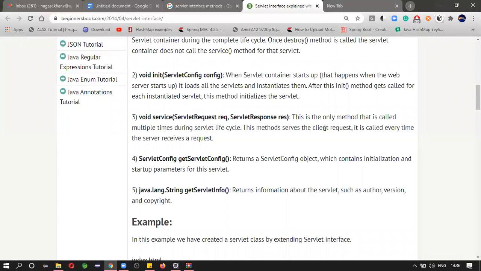If a person is requesting for a profile, you need to show the profile page. If he wants to see his academic related information, a new servlet will be called. Like that, this service method will be called again and again. Consider IPL.